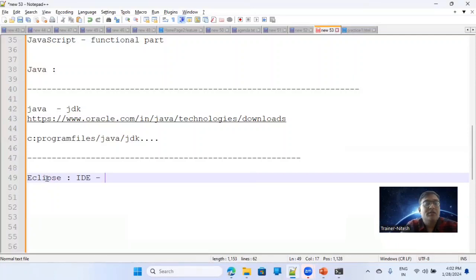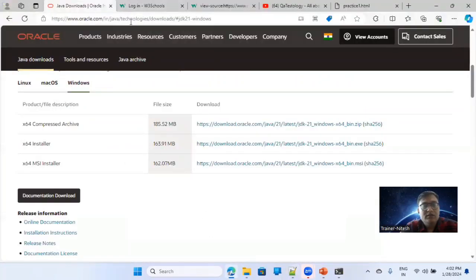So Eclipse is there, then IntelliJ IDEA, VS Code, all these things are IDEs. Eclipse is classical. Most of the people use it for Java programming. So that's why I'm saying to use Eclipse, but otherwise you can use other IDEs also. How to get Eclipse? Simply again, search in Google,